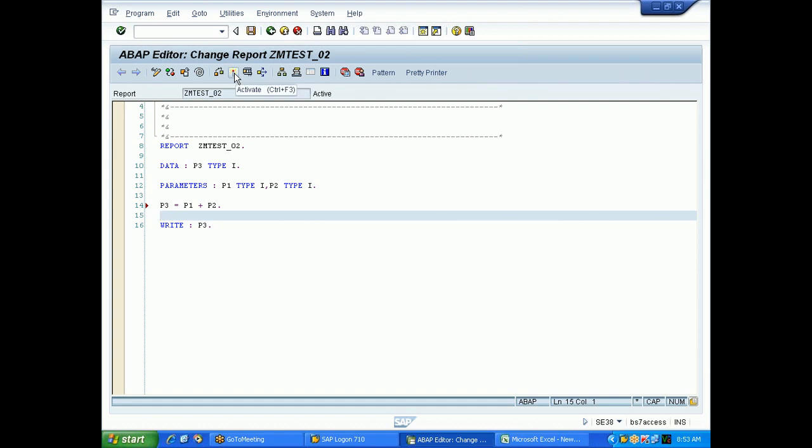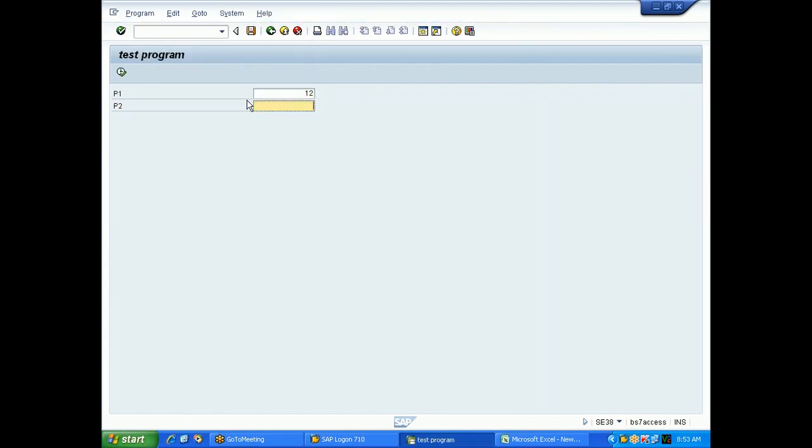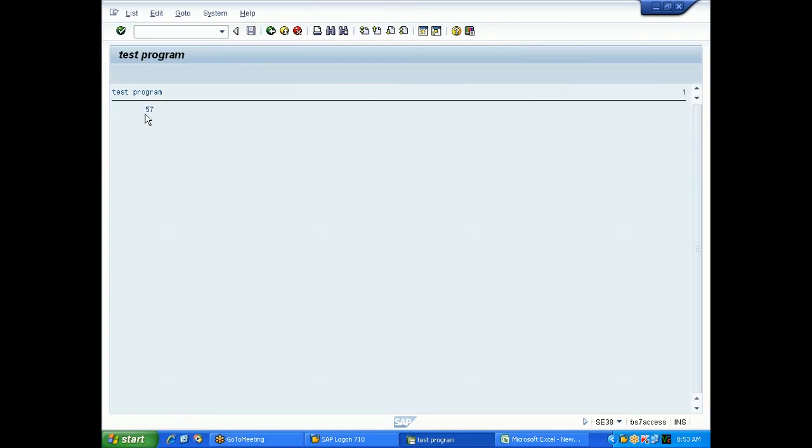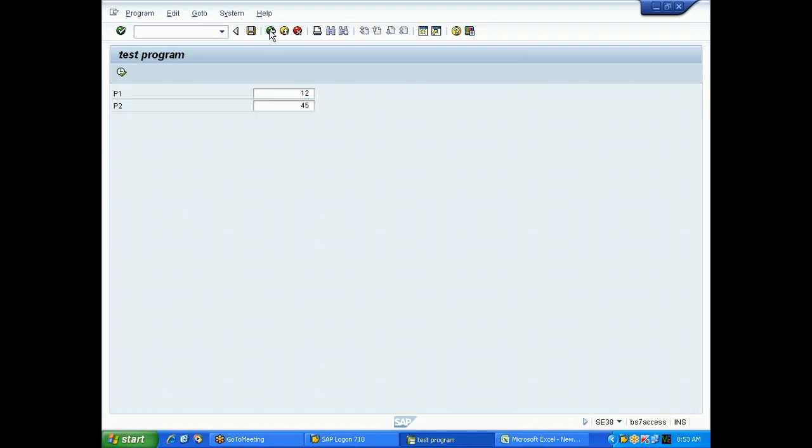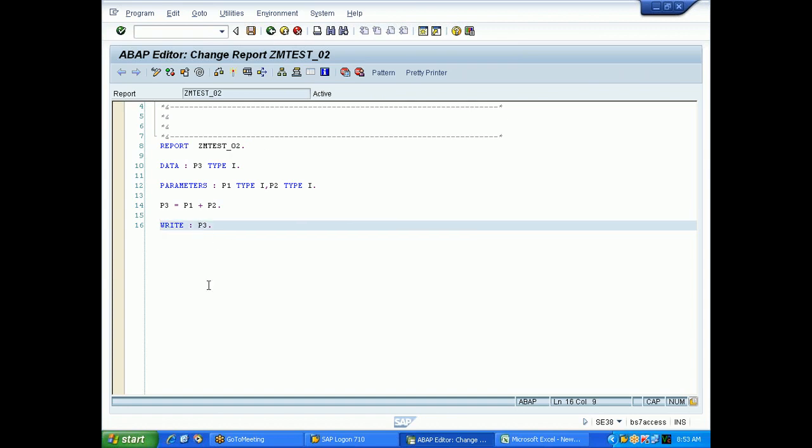Fine. So now you understand how to do this sum program. Now in the output, my requirement is that the sum is coming up, but before this I want the literal "The sum is" and then 57. How to do this? In the write statement, in single quotes, give 'The sum is', then a space, and put a comma.